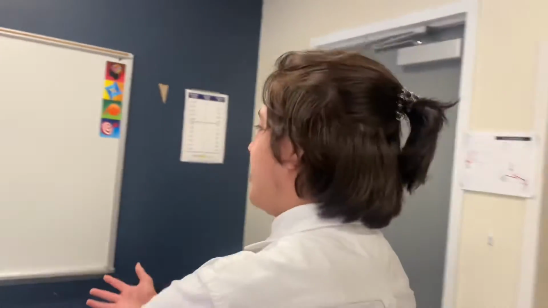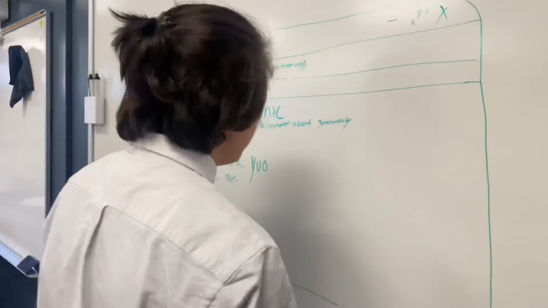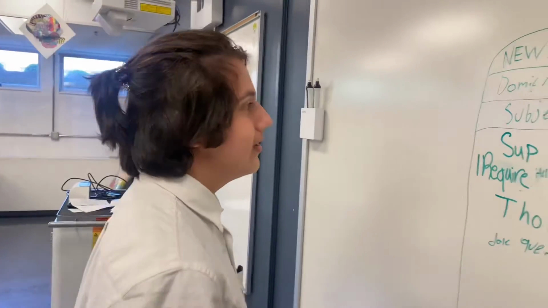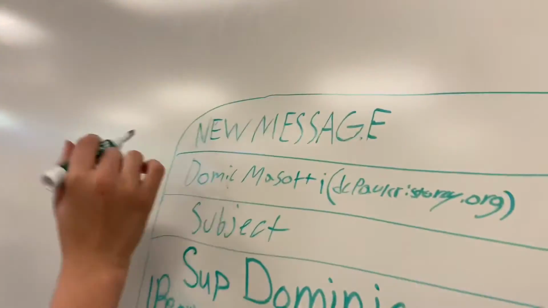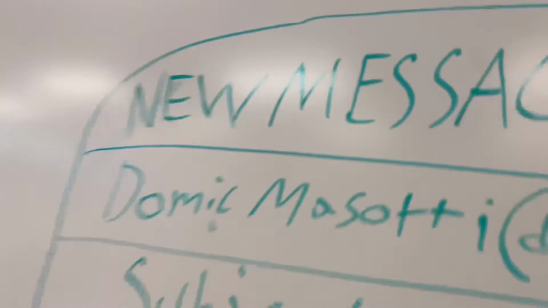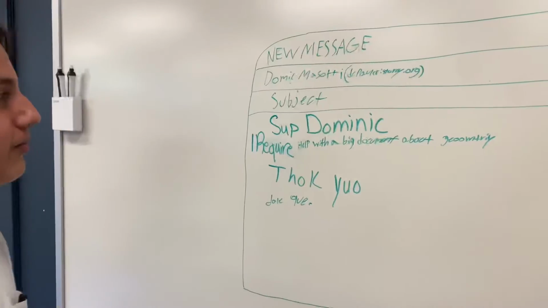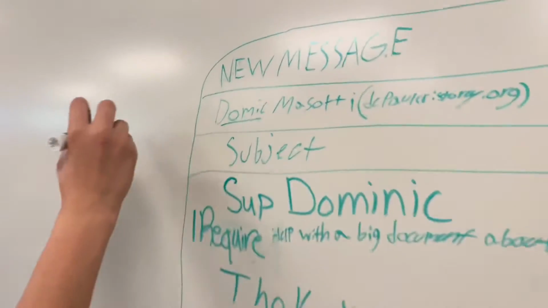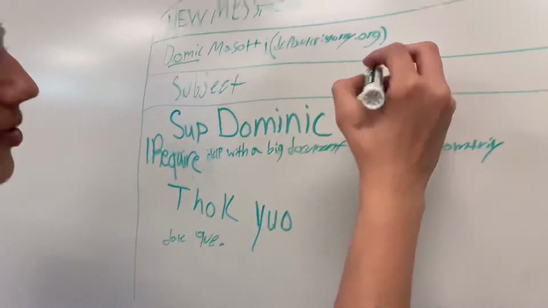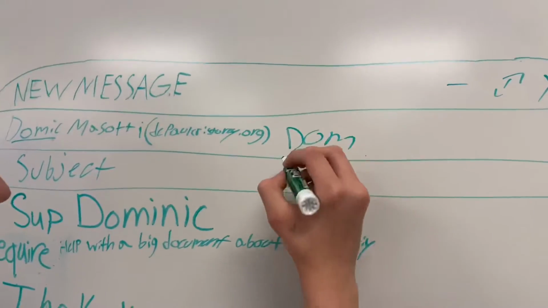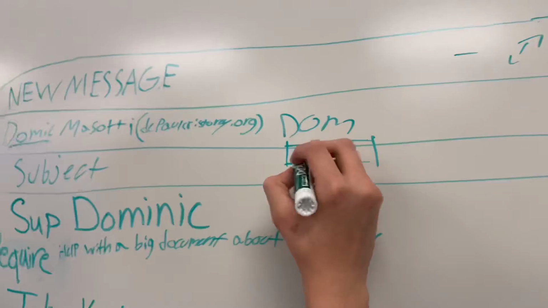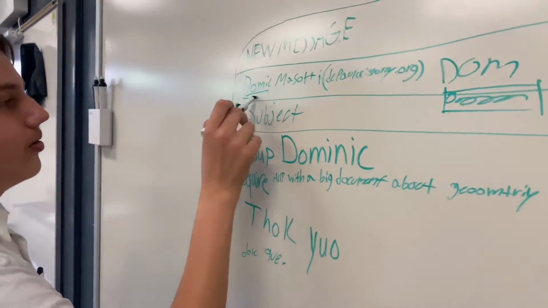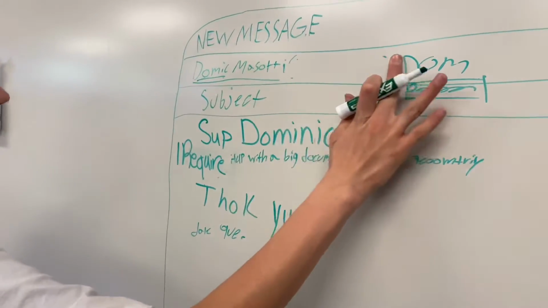See, first we have this magnificent drawing of what you see in the Gmail website. New message, compose. Dominic, not Dominic, Domic. That's already your first mistake. See, in the Gmail website, you can just type in DO and it should appear in a little tab with the actual teacher's little face. You want to click on that so it actually just shows the name.